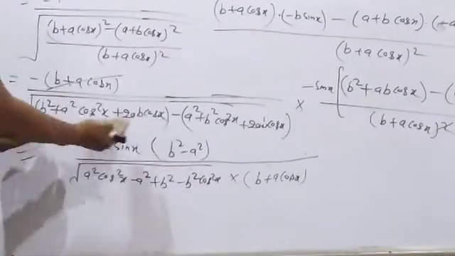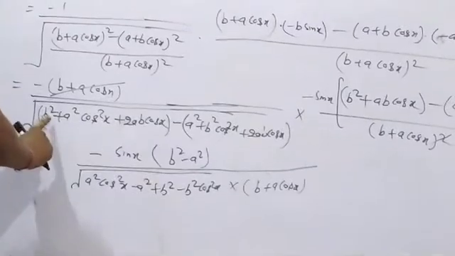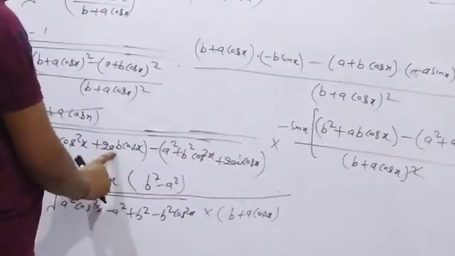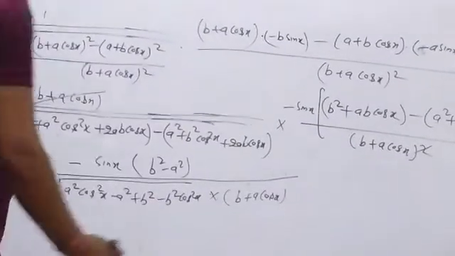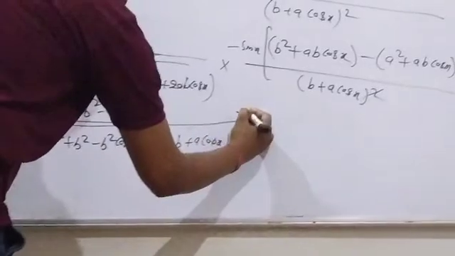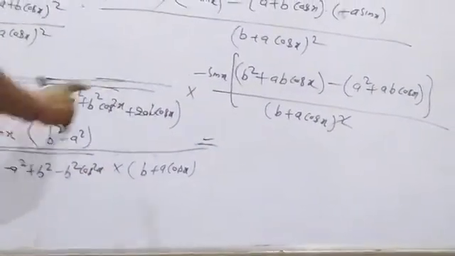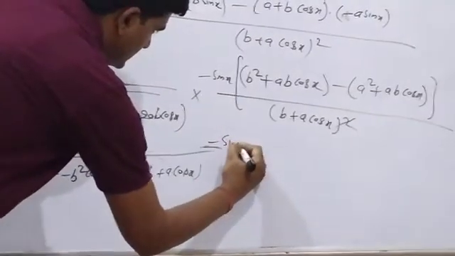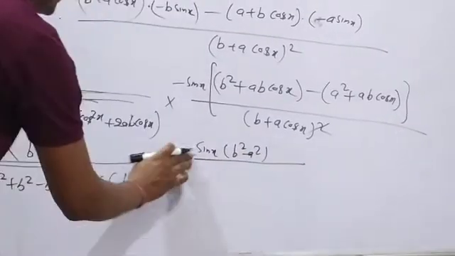Why? Because when we open the bracket here, minus a square, here a square cos square x and b square minus b square cos square x and plus 2ab cos x minus 2ab, it will be cancelled. It is equal to here, then minus it was cancelled already here, sin x into b square minus a square whole upon,